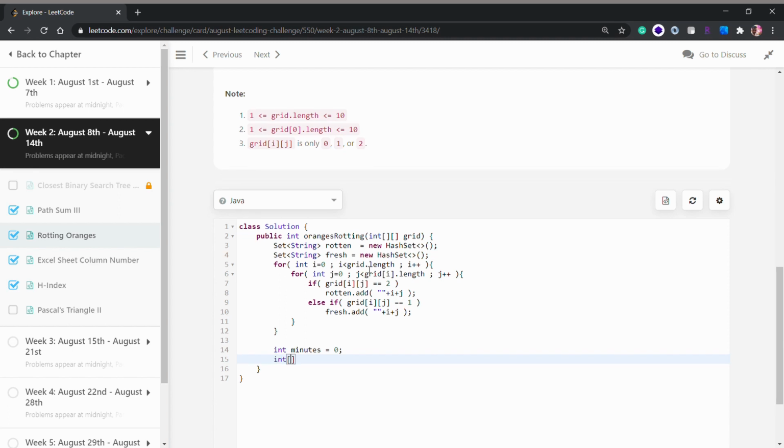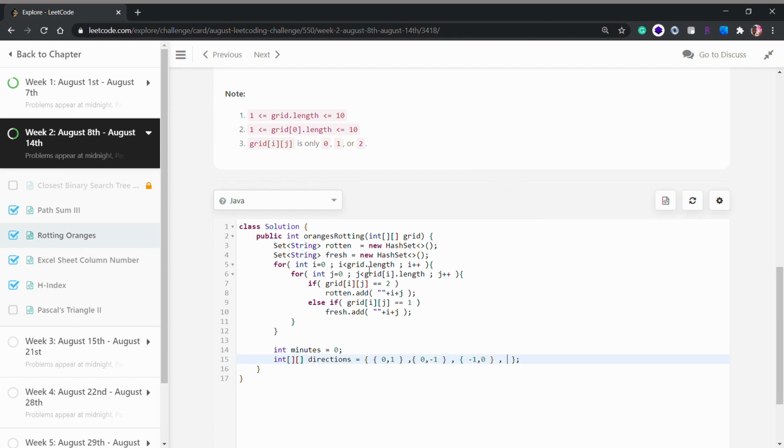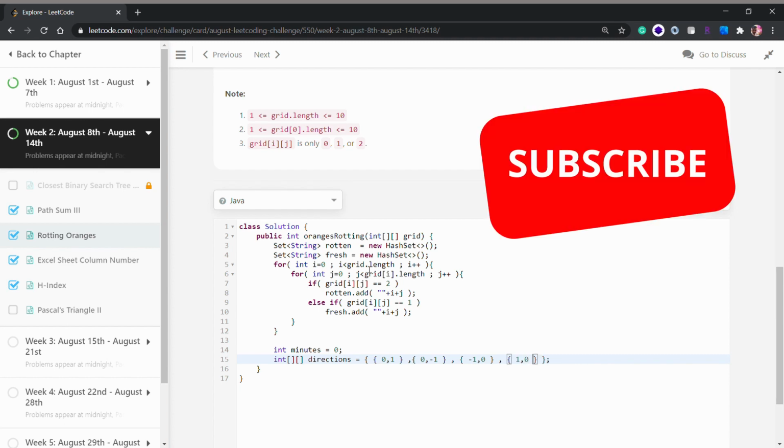And we will create a 2D integer array to store our directions, and I will explain what those directions are in just a minute. It contains 1 and 0, 0 and negative 1, negative 1 and 0, and positive 1 and 0.